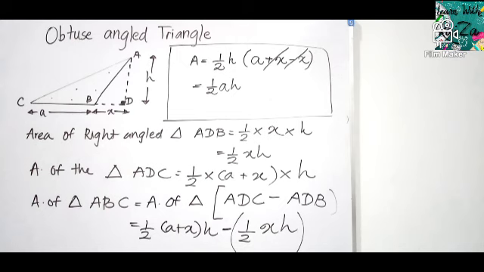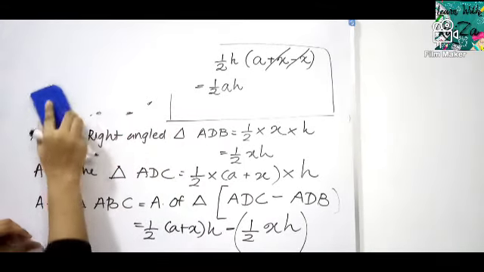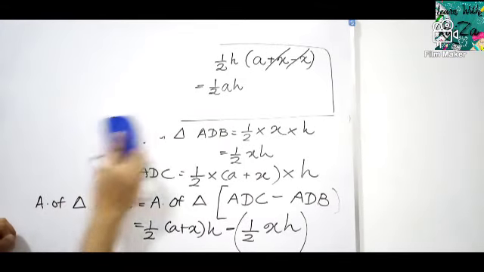Did you notice a similarity in all the equations of these triangles? Area of the right angle triangle, area of the acute angle triangle, area of the obtuse angle triangle: all three triangles get the equation half into A into H, or in other terms, half into base into height. Though you get the same formula for all three types of triangles, remember the dimensions are different and the triangles are different. So consider this the common formula: area of a triangle is half into base into height.